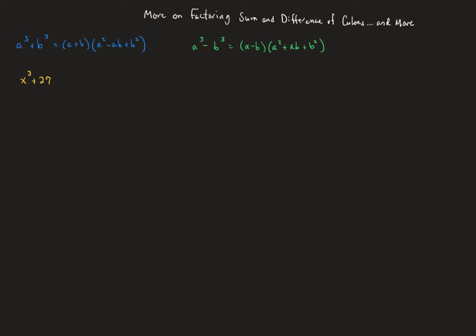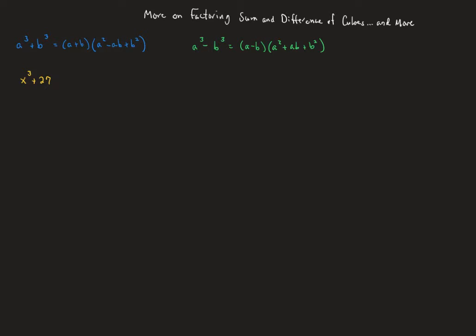I want to talk a little bit more about factoring sum and difference of cubes, which we talked very briefly about in the last video, but is usually pretty challenging for kids to try to figure out. And so I'm going to work some examples here, but then I'm also going to extend it beyond just cubes, and we're going to see there's a greater pattern going on here that are sum and difference of odd powers. And I don't know if it helps you, but for me, it helps me remember how to factor the sum and difference of cubes